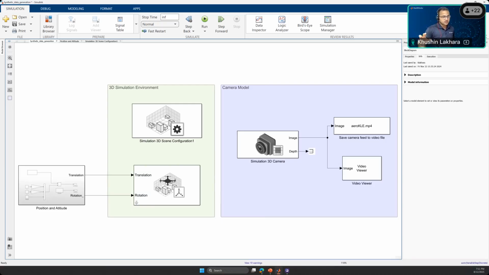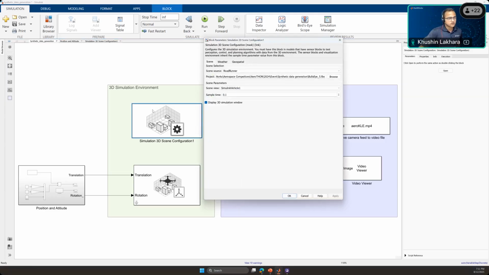Now, the visualization subsystem, where we have to set up the 3D scene where we are actually visualizing this complete scenario. For this purpose, we use the simulation 3D scene configuration. And you can go for this. Now, if you look for this,